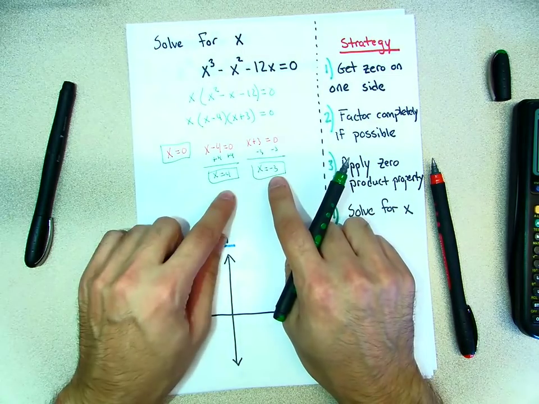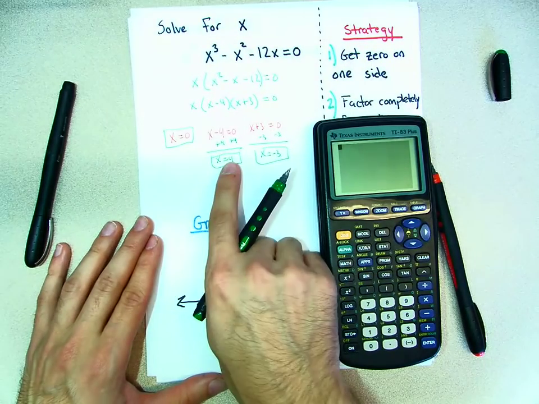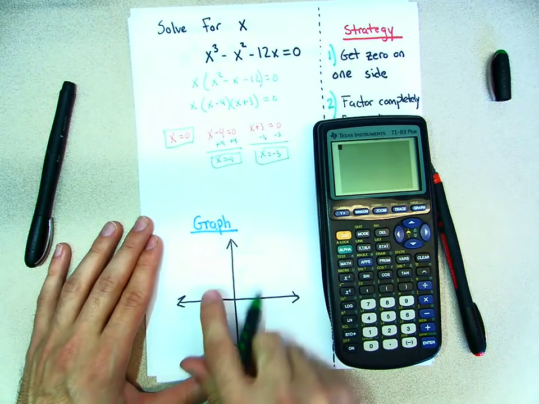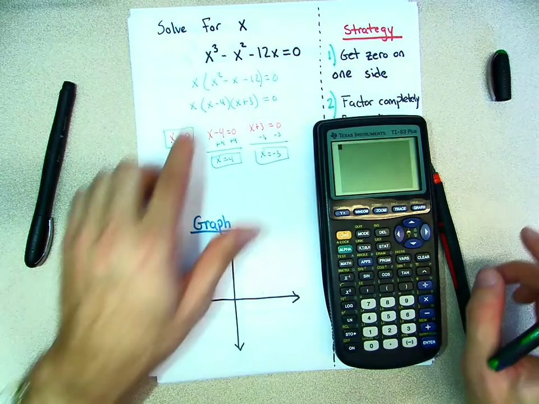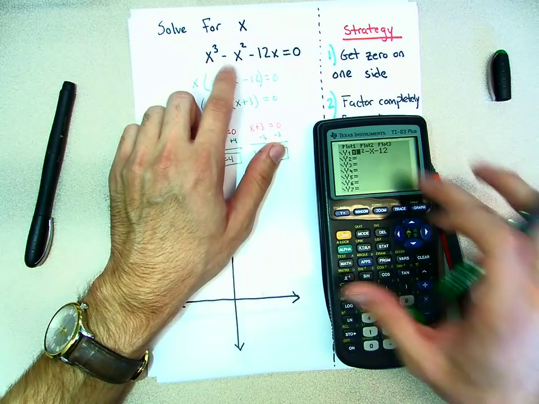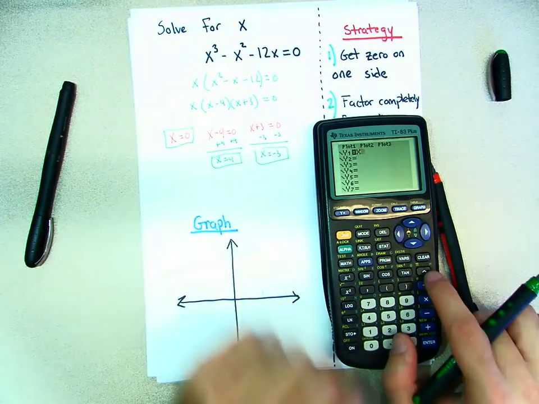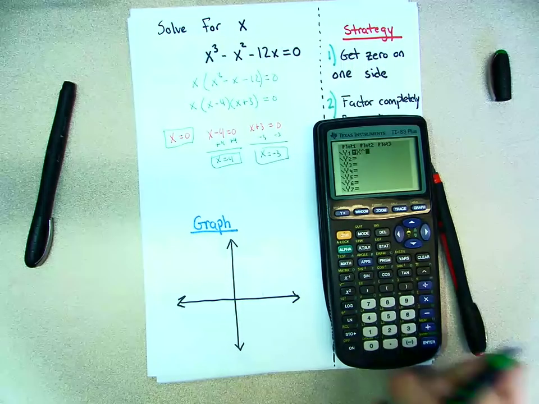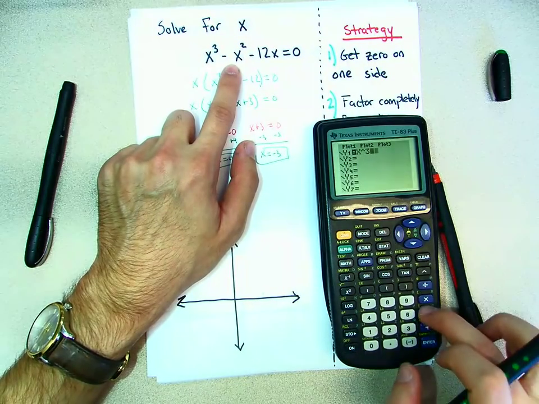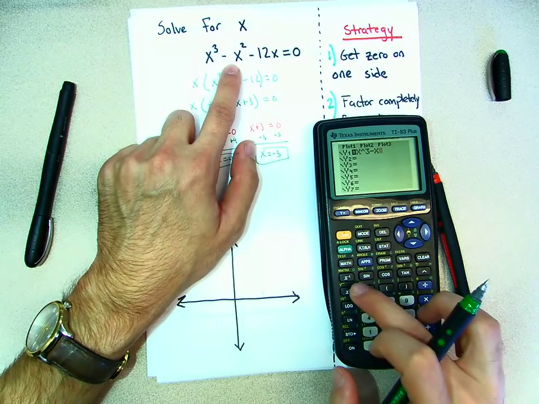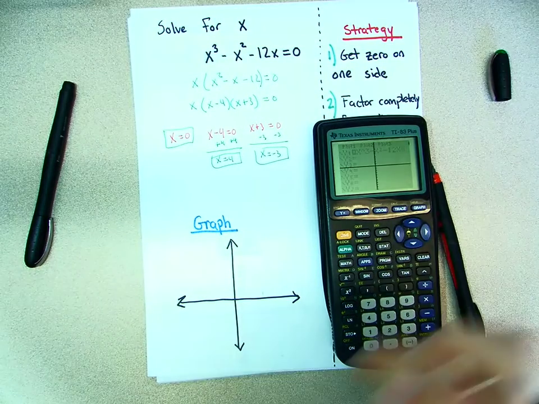What do these represent? Whatever my graph looks like when I plug it into this calculator, I know my graph has to hit these x values on the x-axis. So let's take a look. Let's plug in the original. If I go to y equals, we could clear the original one. Let's see. X, and if I want to raise it to the third, you see this caret symbol above the division symbol, I hit caret 3, and this is saying x to the third. Then now let's plug in the rest. This is minus x squared minus 12x. And let's see what this looks like. If I hit graph,